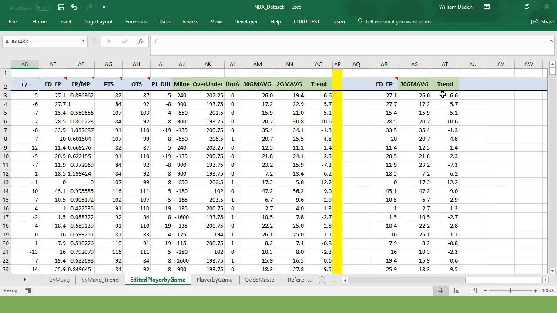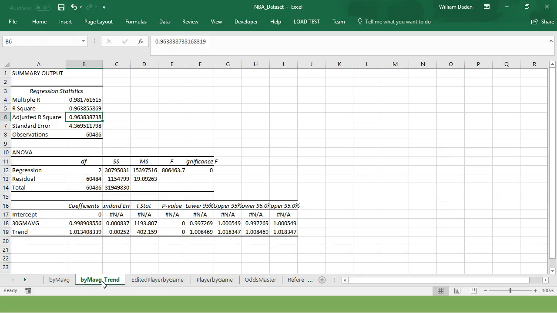So what that tends to make me believe, and I've actually been playing this so I know it is a fact, is that I can make a significant improvement if I were to use not only moving average but trend